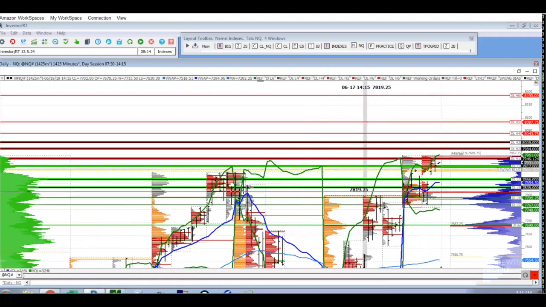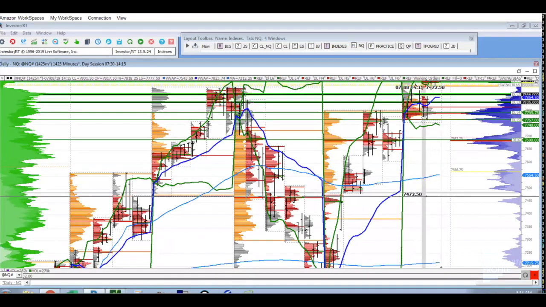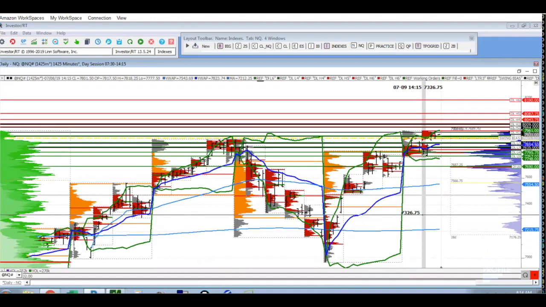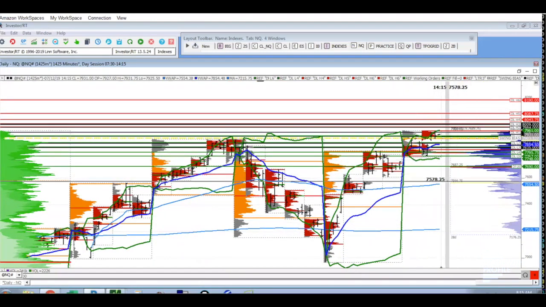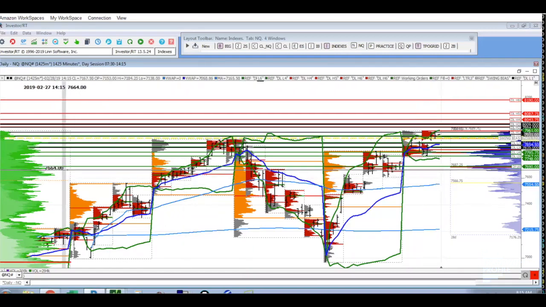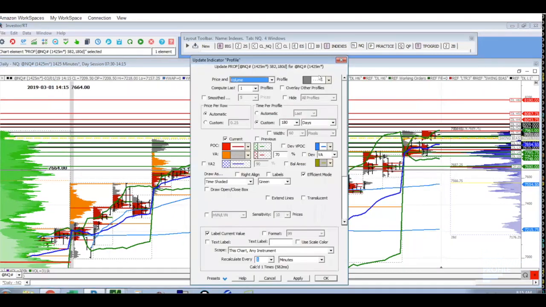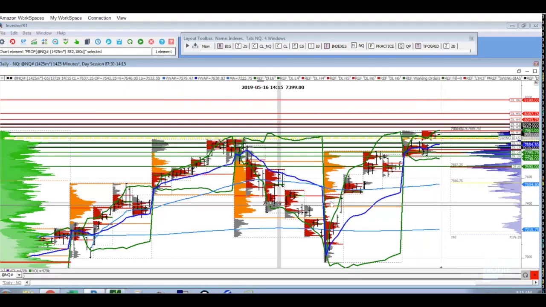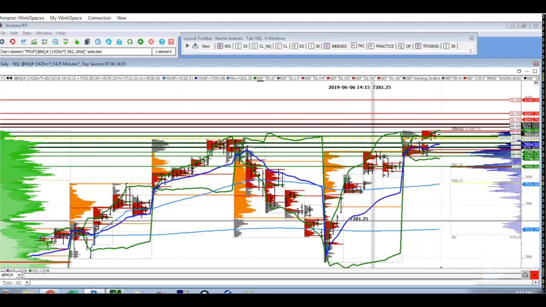There are profiles that you can do that are time frame based, and that's the easiest way to get started, especially with volume profile. All of the profiles you see here on this chart are time based. This one on the far right is 30 days, the one on the far left I believe is 180 days, and then you've got a monthly profile inside of that. But let's say I wanted to see a profile for this entire move right here. Okay, so the way that I would do that